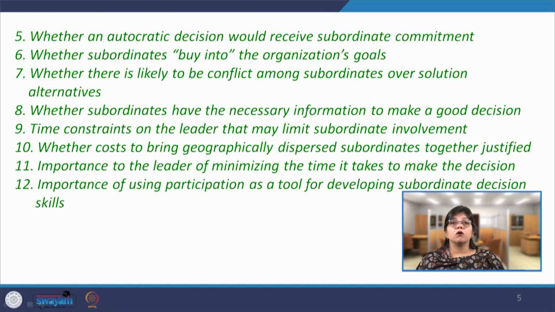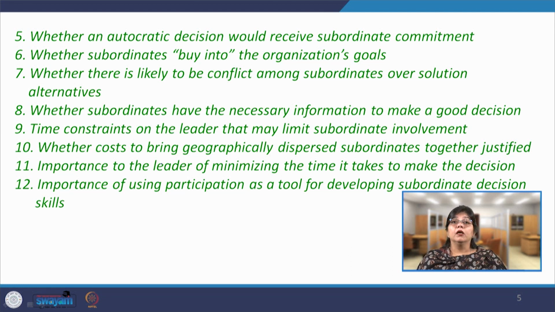Time constraints on the leader that may limit subordinate involvement. Sometimes an immediate decision has to be taken under a state of crisis or emergency. Under such circumstances, maybe time is less, and the decision has to be implemented. This reduces the involvement of subordinates in that situation. When this situation occurs, a tick has to be there in the form of yes,